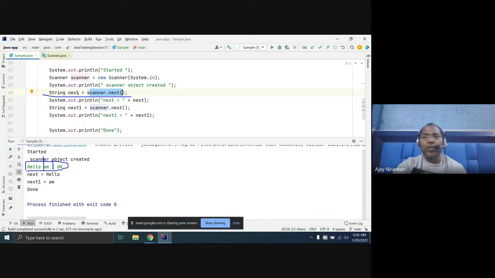The first next takes only the first token, hello. Again you say next, it will take hello again. But I want to know how many times I have to call next. I have to type hello I am okay. I don't know how many words the user will enter.